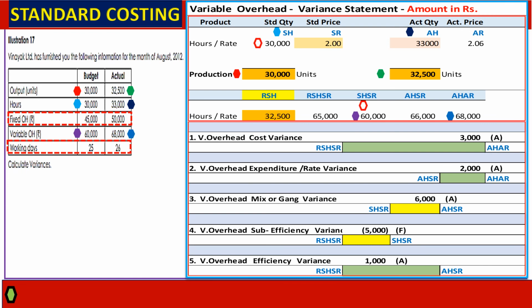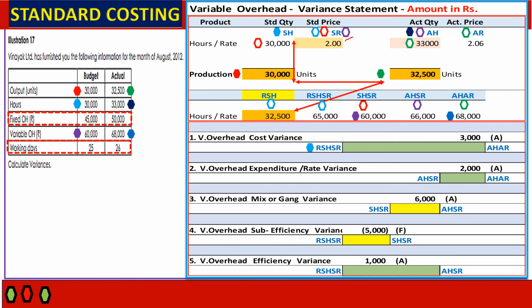Once that is done, 60,000 divided by 30 is 2. 68,000 divided by 33 is 2.06. Then for 30 to 32,500, 32,500 into 2, 65,000, and 33,000 into 2 is AHSR, and the last one